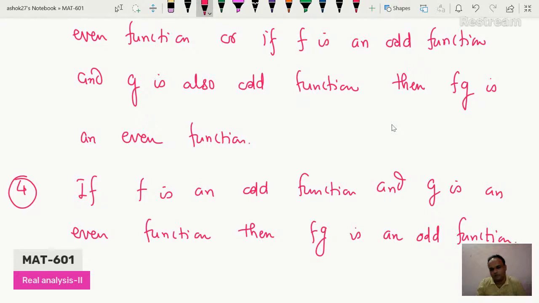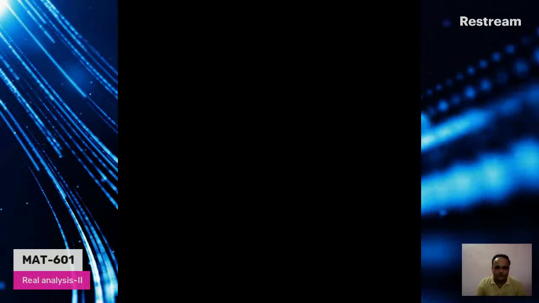So next is the definition of the Fourier series, but we'll see the definition in the next lecture because we have to see some examples on it. So I will stop here, and the remaining part we'll see